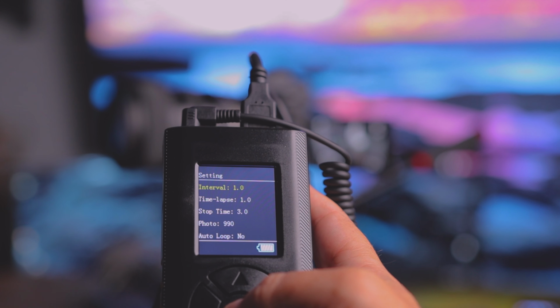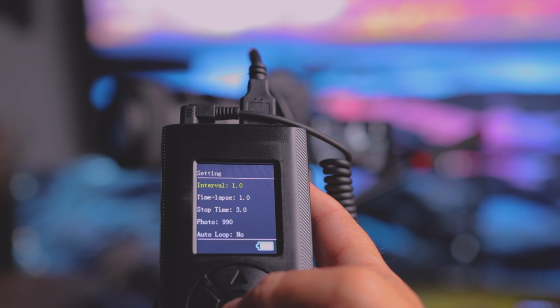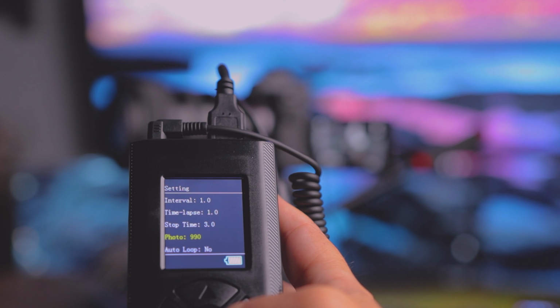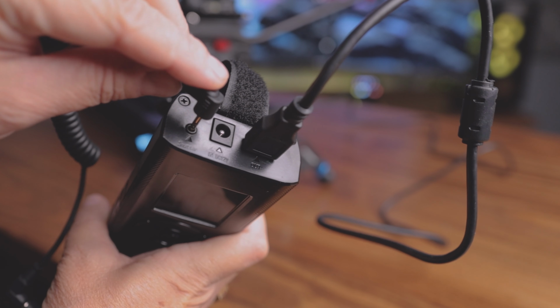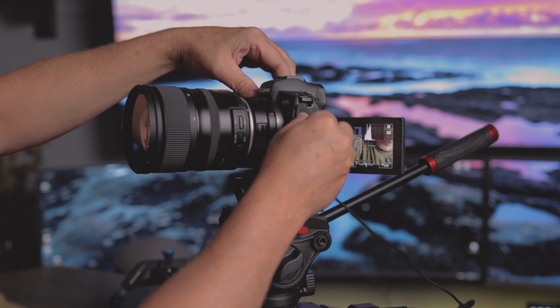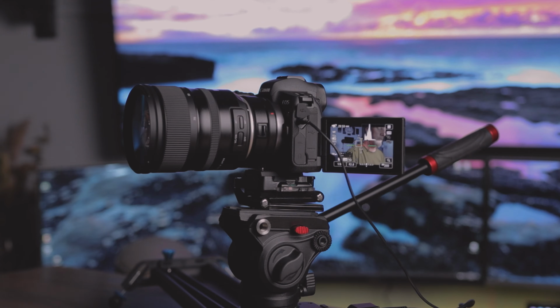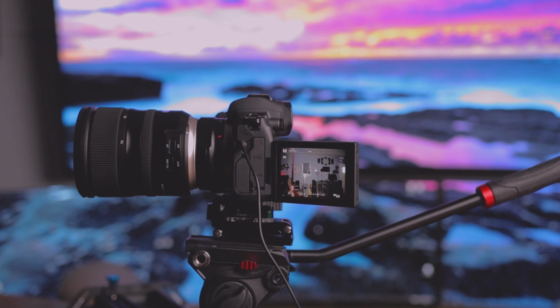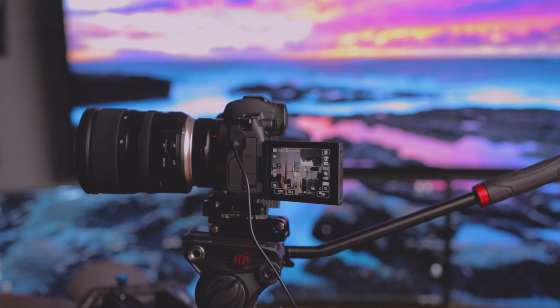And now the crazy one is the time lapse. Under the time lapse, you have your intervals, your time lapse itself, the stop time, and how many photos. Now there's a lot of time lapse calculators that you can find on the internet and tutorials on YouTube, so I'm not going to bore you with that, but once you get those right settings, you know how big either your file size is going to be or how long the duration of the video that you want is going